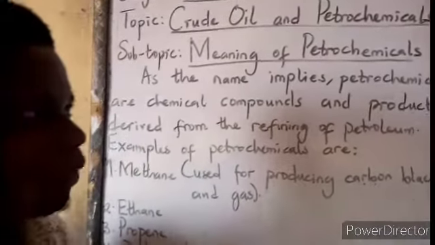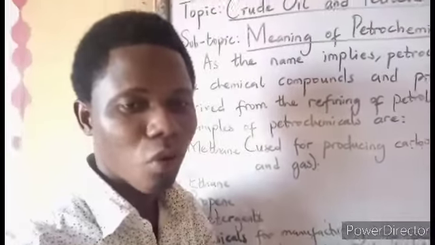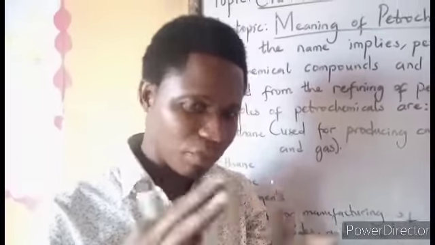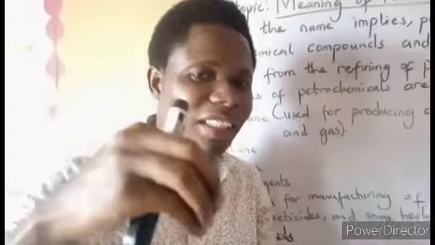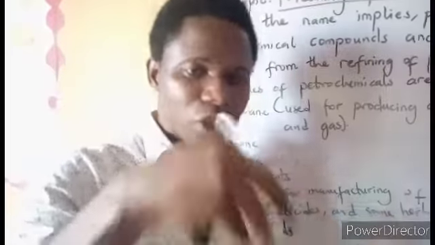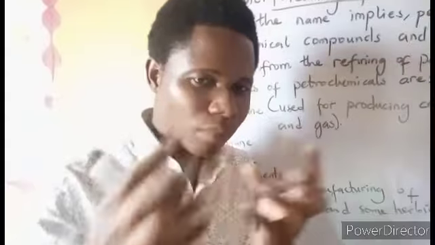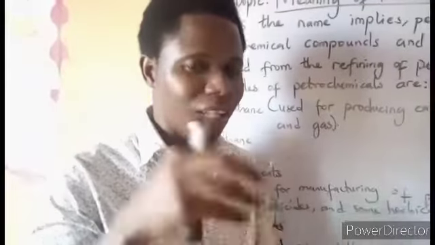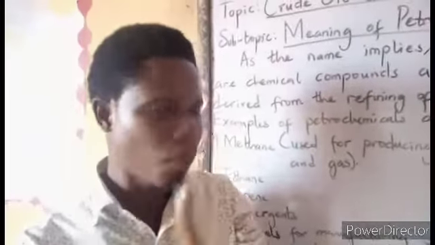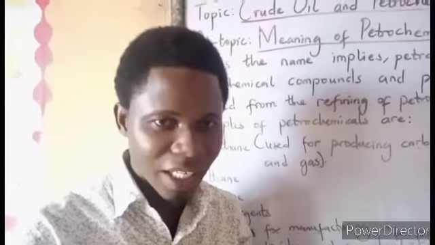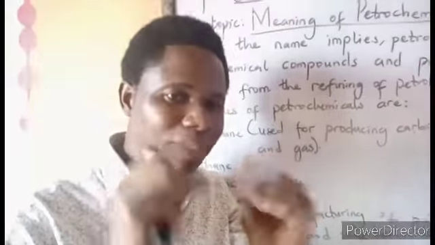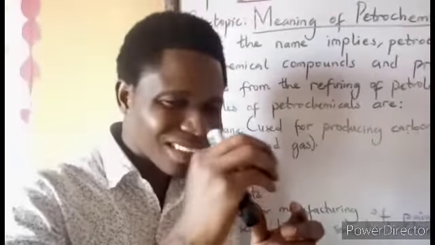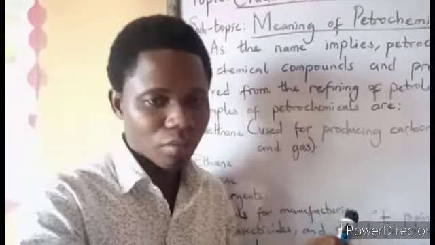Let me give you a simple illustration of what I'm talking about. There's something they call pap, ogi. There's a way they sieve the pap, a process it goes through. After sieving, the main thing is the pap people buy and turn into cooked pap. Another thing comes out as extract, which is used to feed animals like goats. So that extract can be the petrochemicals, while the main pap people take is the petroleum. So petroleum is the main thing, while petrochemicals are the remaining materials or gases left from the main petroleum. Good.